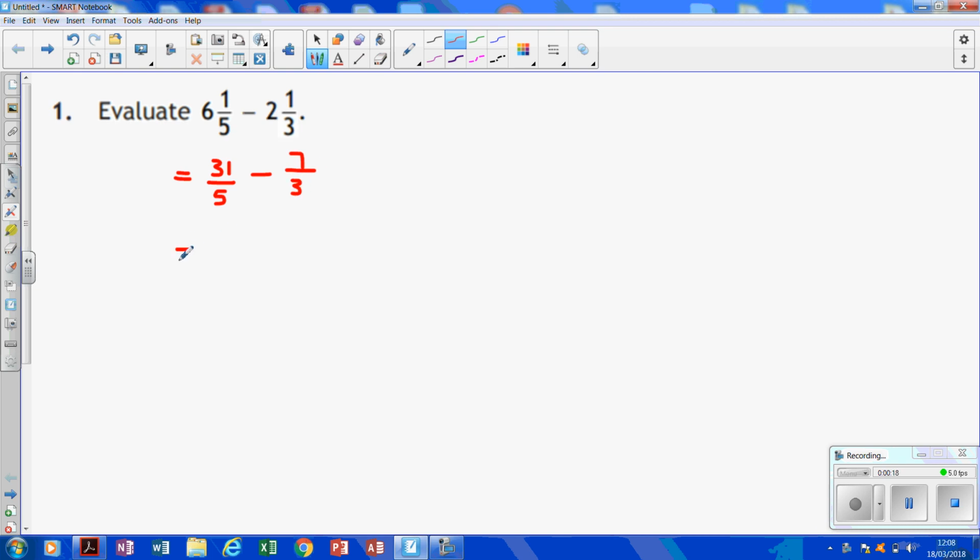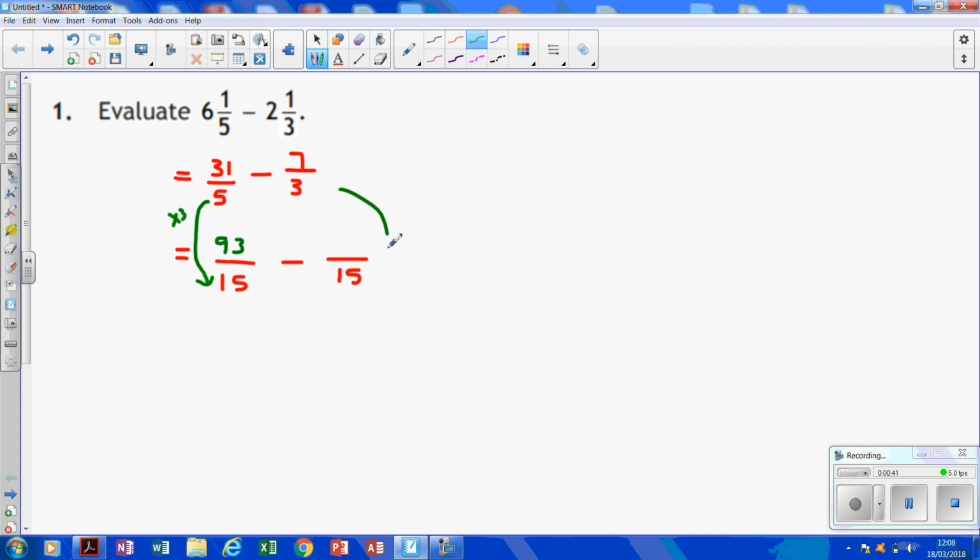Now we want a common denominator, so we'll multiply 5 and 3 together. So we're getting a common denominator of 15ths. We then look to see what we've done to the first fraction. So 5 going to 15, I've multiplied it by 3, which is that number over there. So I'll multiply the top number by 3, so 3 1s are 3, 3 3s are 9, which gives me